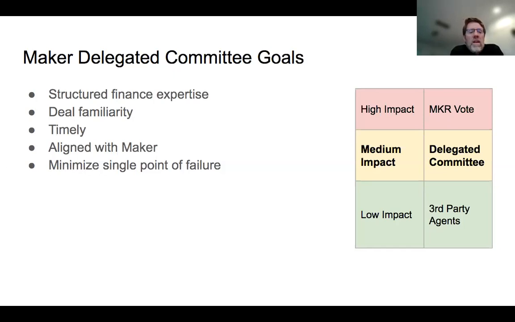And then finally, in terms of decentralization, you want to minimize a single point of failure. So think about how people could be a little too entangled or conflicted. I think by having a committee and having some rotation, there's probably a lot of ways to do that. But you definitely want this to work well. Oh, and sorry, one last thing I didn't say. The committee should probably have a high level of transparency, needless to say. That's an important one. Everything they're doing, they should be able to show the community and the Maker holders what they're doing and why, so there can be full discussions as needed, across strategies and actions or inactions.